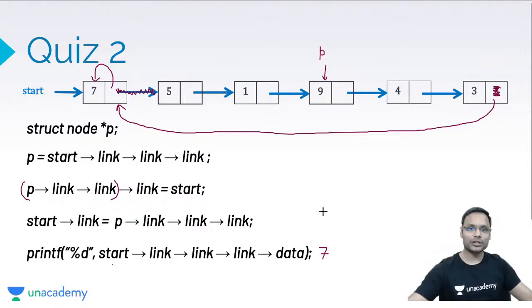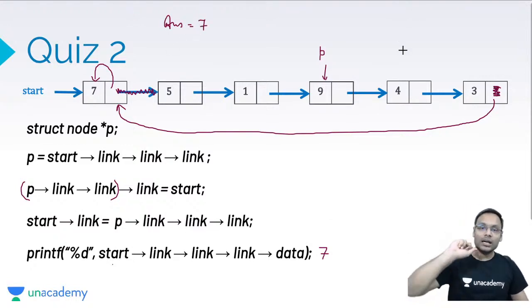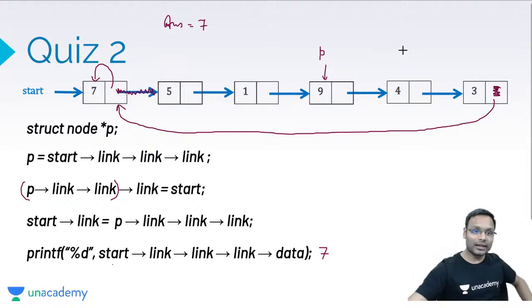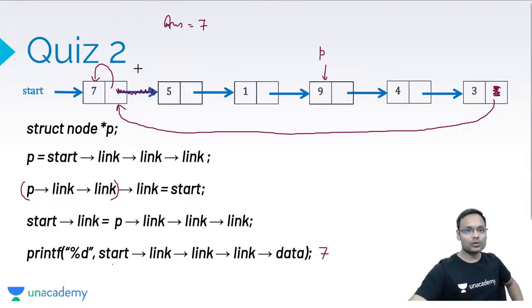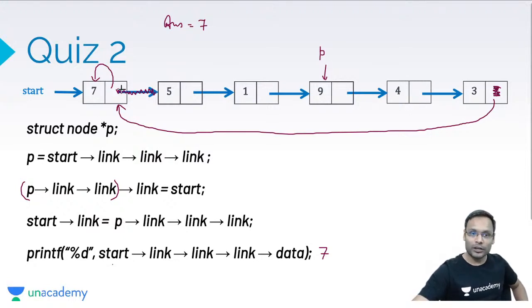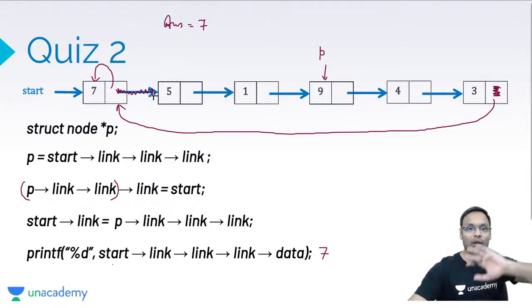Answer of this particular question is 7. It will print 7. The linked list will turn into a circular list, and after that we will update the first node's link is same first node's address. So we will be having a self loop on the first node itself. Hence we will reach to only first node. We will lose the remaining